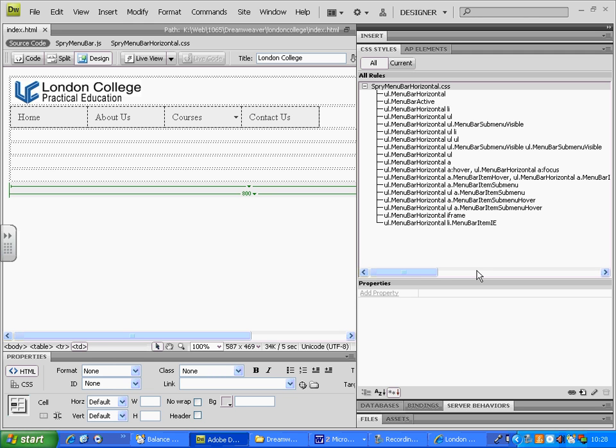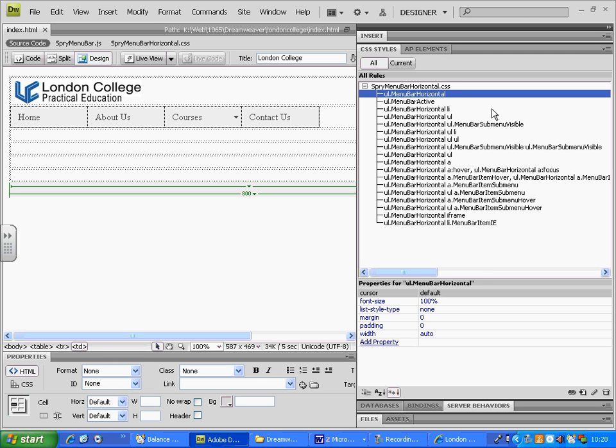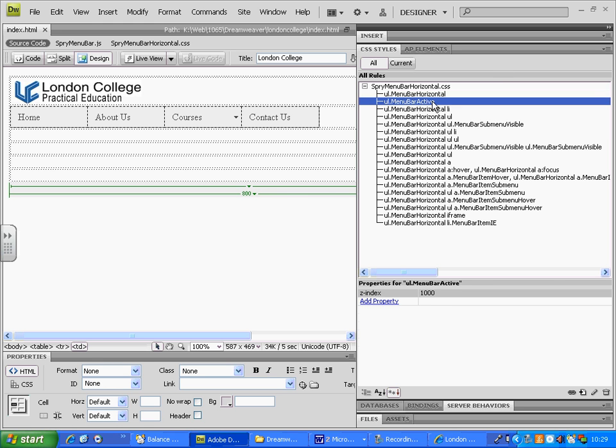Now probably you don't know what is exactly affecting the actual Spry content. But the best way is to click on the actual selector from the list, and you will see in the properties what properties have been applied to that selector. Now, we are only probably interested in the color for a while. So if I just keep going through this list,